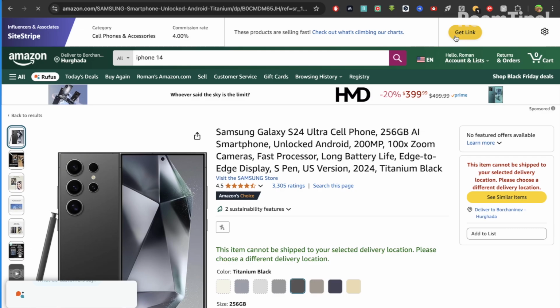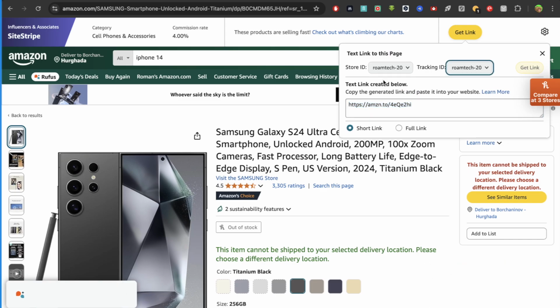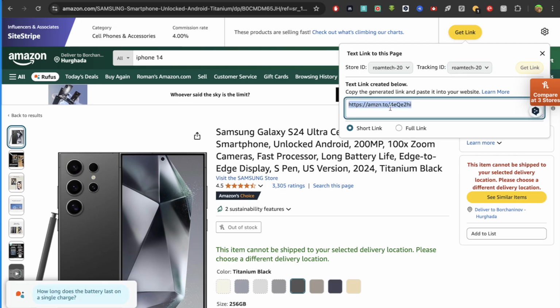and click on the right corner, get link. Get link, and this is your link. Copy it, full or short, and select store ID, track ID, and that's all. Copy it, and share your video with your